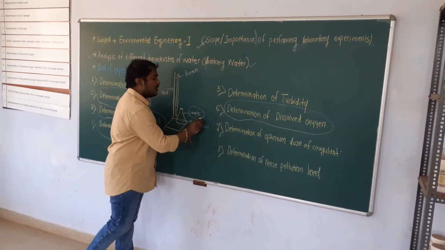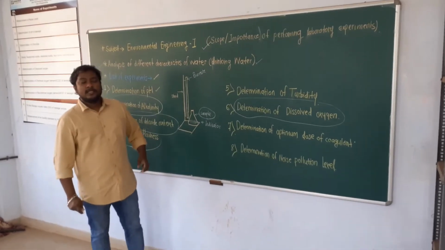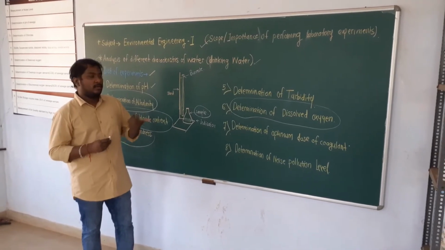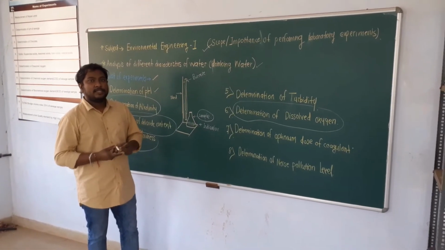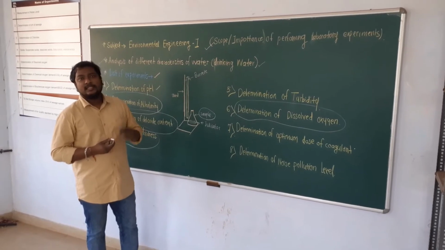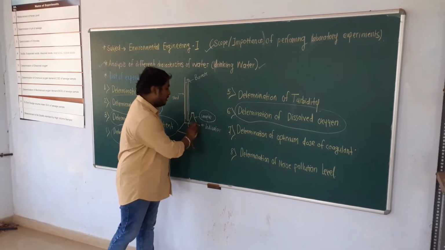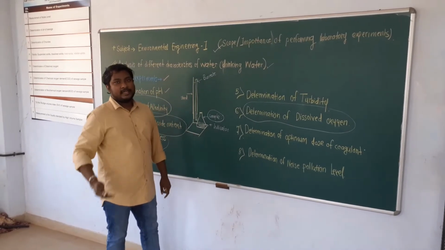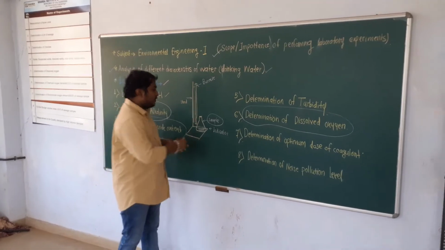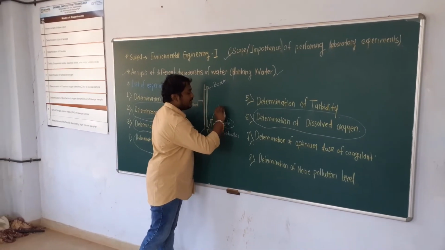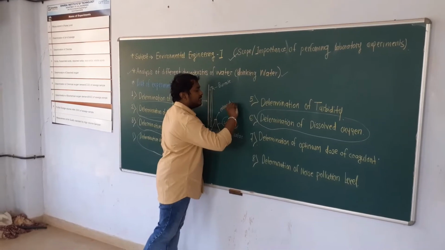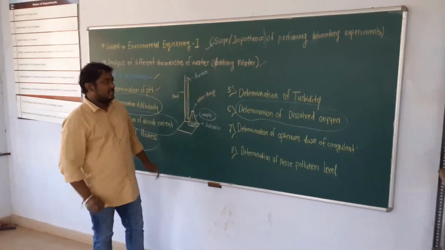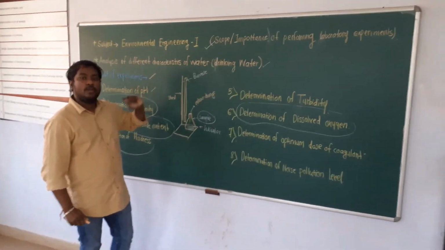Sample means different water samples. Suppose we have collected well water samples, sea water samples, and Aquaguard or tap water samples. All these are examples of samples, particularly for drinking water characteristics. We place that sample in the conical flask, and add 2 to 3 drops of the indicators. After that we observe any color change. When we observe a color change, that is simply the end point of the titration. This is the simple procedure of volumetric analysis.